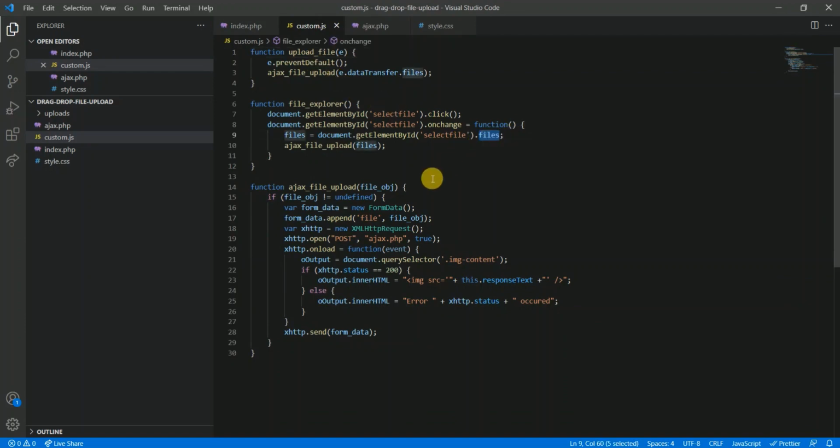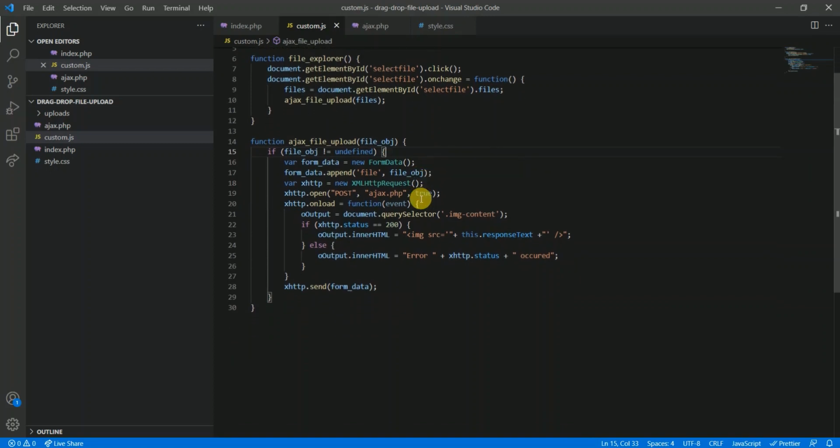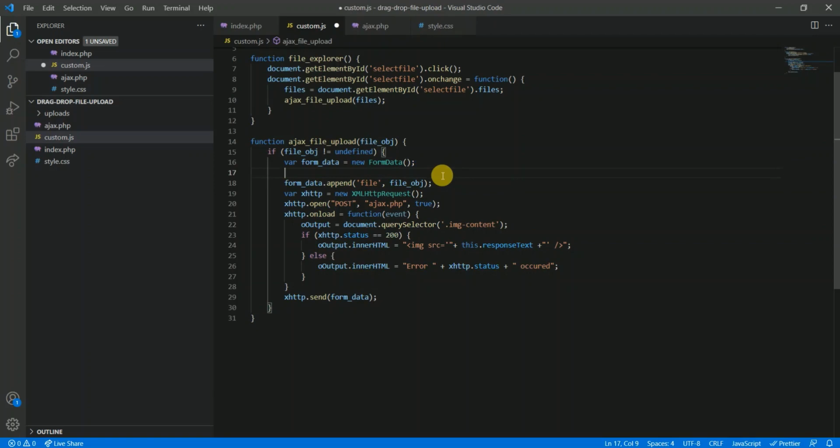Then in this method, here we are appending a single file, assuming we have a single file, but when it comes to multiple files we need to loop through each file and append it to our file variable.